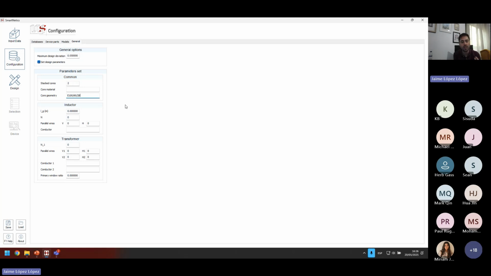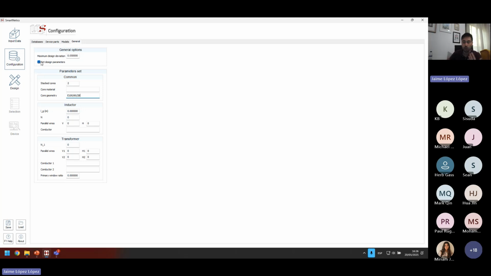But the good thing about that is that you can use our tool to analyze a design that you have previously made, because you already know everything about a design, but you want to check the losses we think you're going to get, the temperature. You want to generate a report. You want to export your design to a third-party tool. You can do all that by setting every parameter in here and then exporting that or using our capabilities to analyze your design.